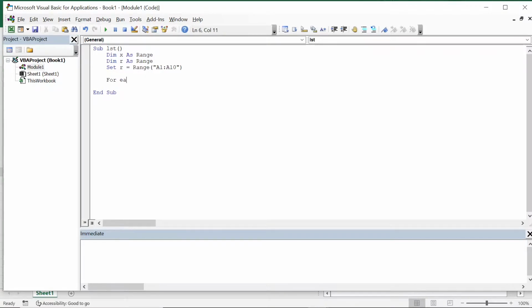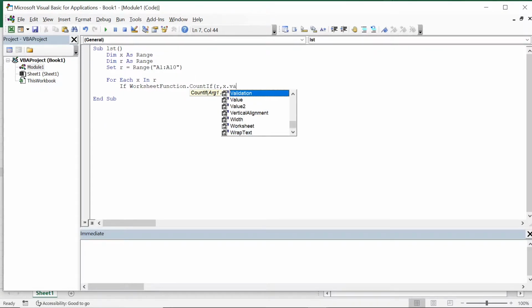Now for each x in R, if worksheet function dot countif. Countif takes two arguments, one is the range, comma, x dot value. Whatever the count at that point is greater than 1, then